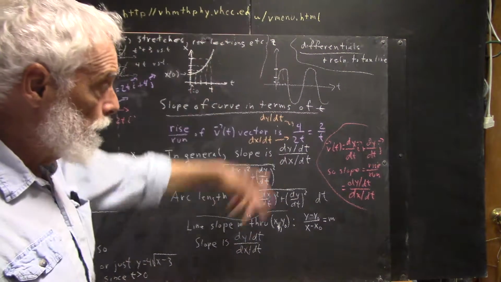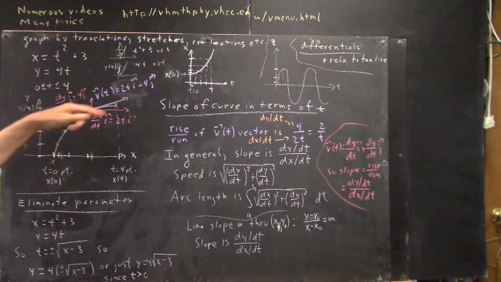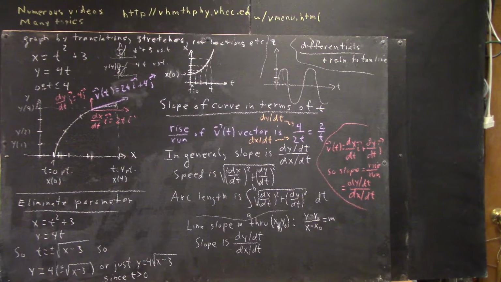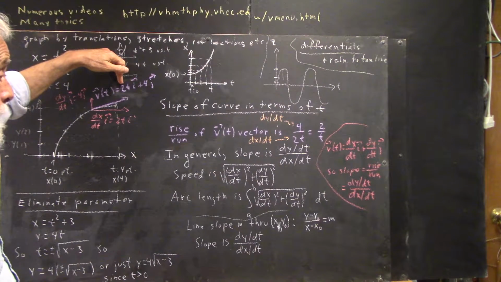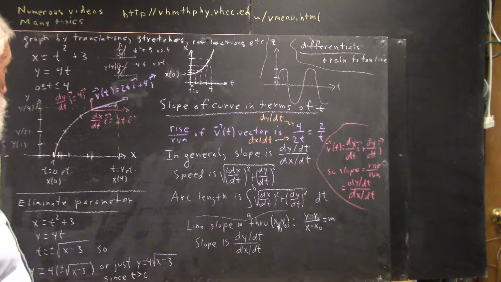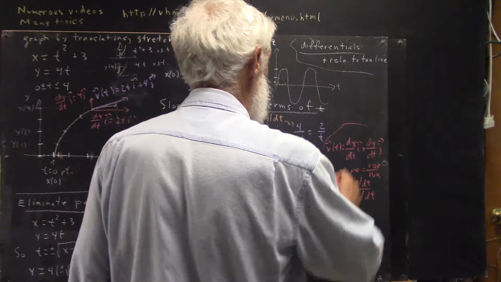Going back to a speed interpretation or a velocity interpretation, how fast are we moving along this curve if t represents time? Well, if t represents time, then here's our velocity. Our speed is just the magnitude of velocity. So I can say, there's a little addendum here,